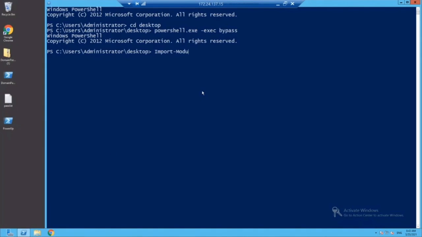I'll start with an import of a module from the password spray tool that I've downloaded from Git. It's straightforward and easily available for access. So I'm importing the module called DomainPasswordSpray. It's a PowerShell script again. Invoke-DomainPasswordSpray. And I will select the weak password that I want to spray against users. Here it's going to be test@123.